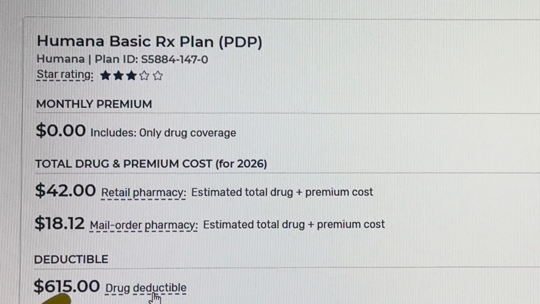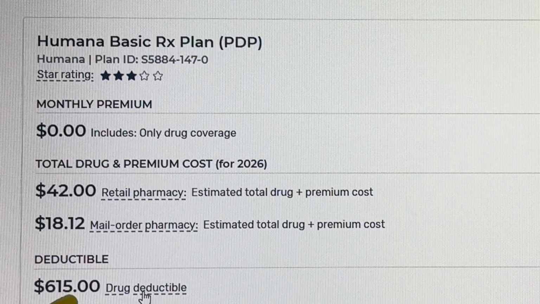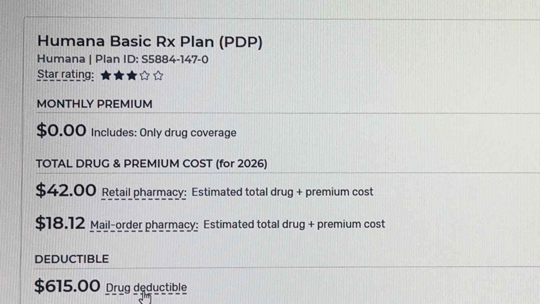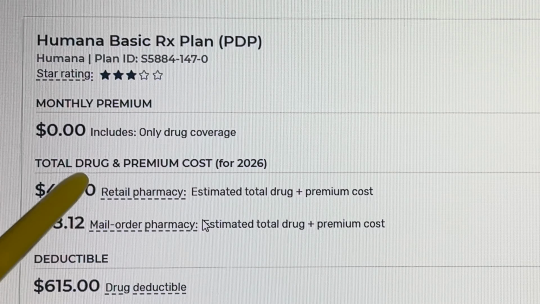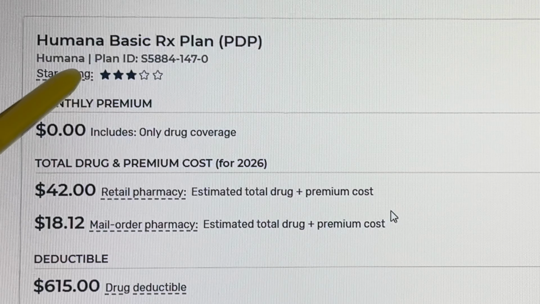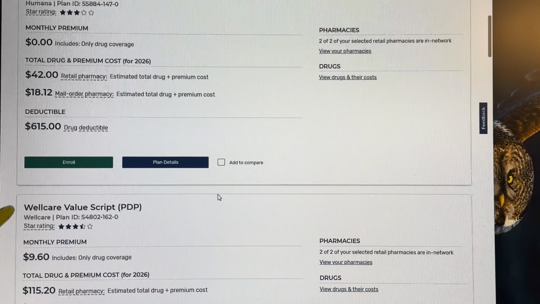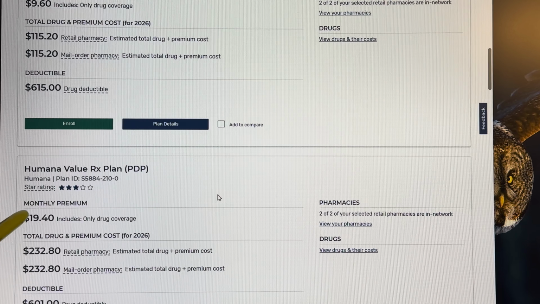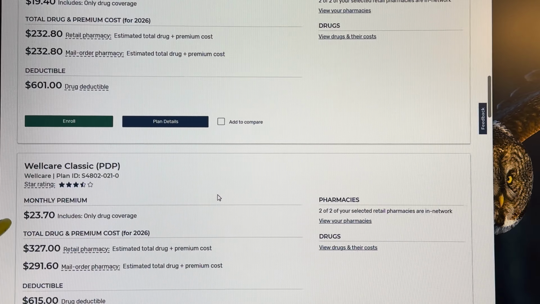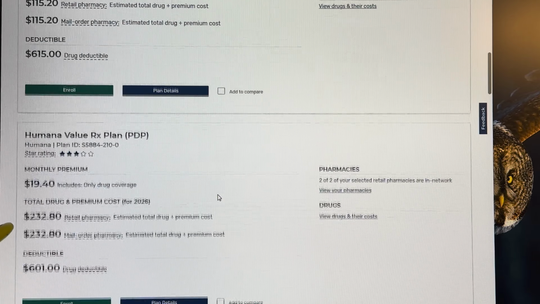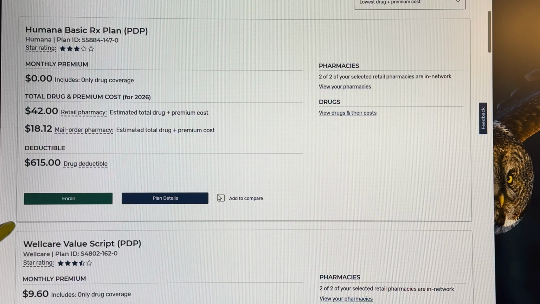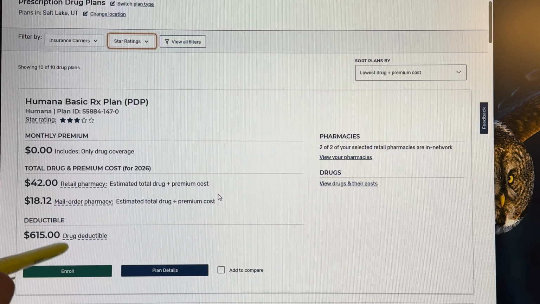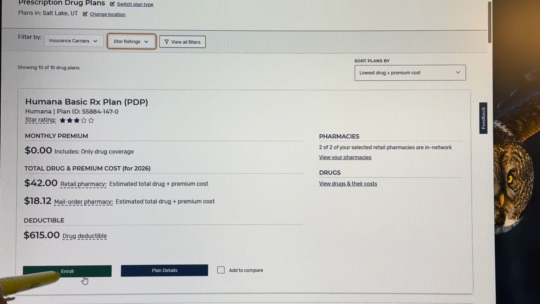This does have a drug deductible. The drug deductible most likely applies if you get into higher tiered brand name medications. So I would recommend going with the plan that comes up with the lowest drug and premium costs. There are other drug plans. This one's $9.60. That one's $19.40. They're going up in price. Paying more doesn't get you more. These plans all have a basic level of coverage. The government kind of sets that. So I would go with this one here, and you can click on Enroll, this green box right here, and